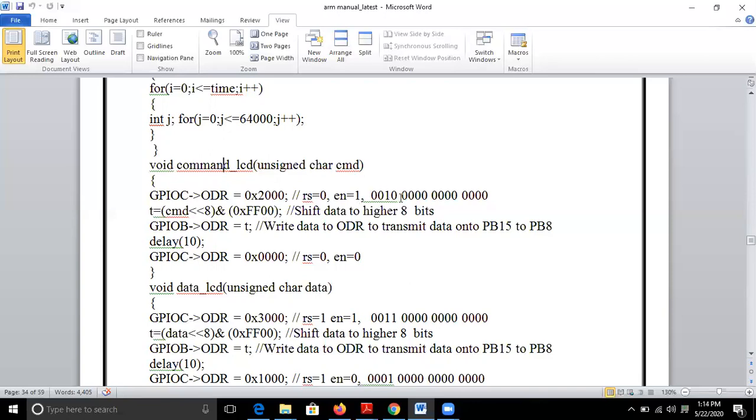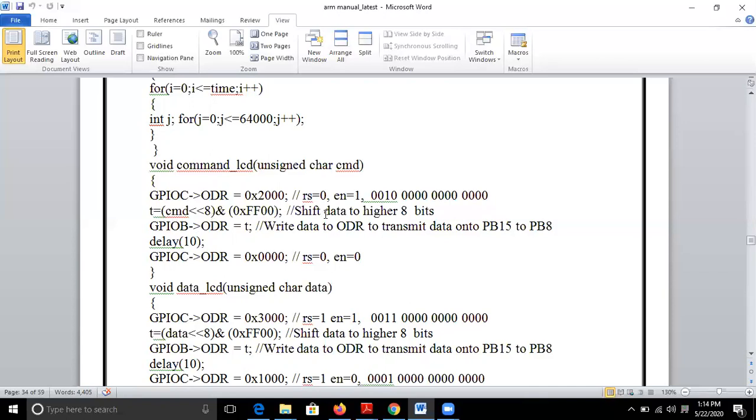So which are all the pins that are connected to register select and the enable? Those are pin number 12 and 13. Pin number 12 is register select, pin number 13 is enable. So that is why we are forcing 0 onto pin number 12, 1 onto pin number 13.